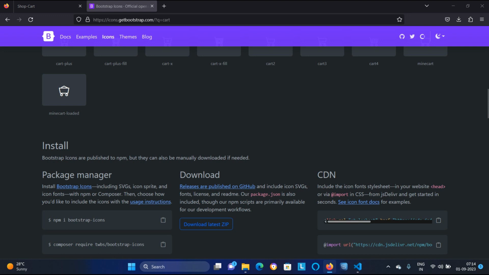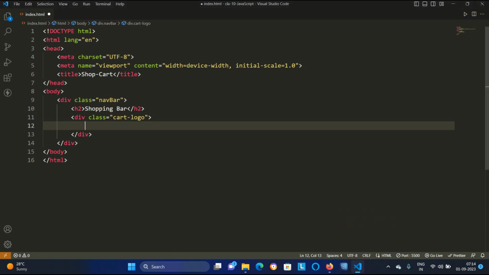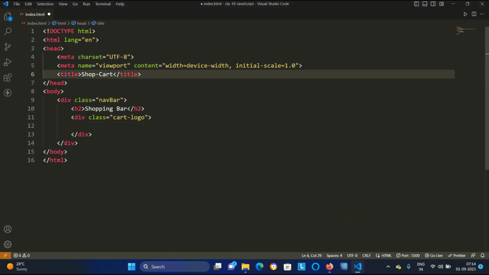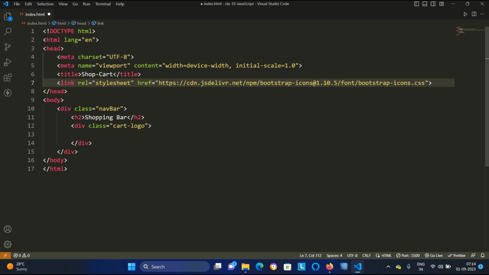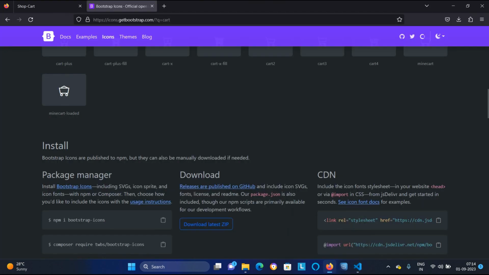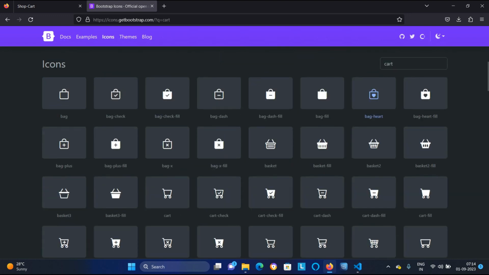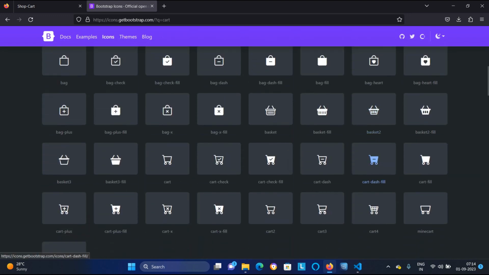So we will go to this link. Here an option for copying it will come. When you hover over it, it will show copy to clipboard. Just copy it, come to the HTML page which you have created, and after the title, just paste it and press Control S. Then Bootstrap will be added to your code, because you have copied the CDN link and pasted it in your HTML.